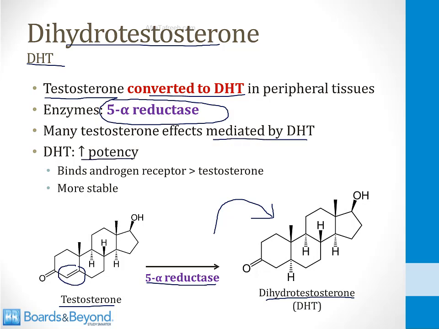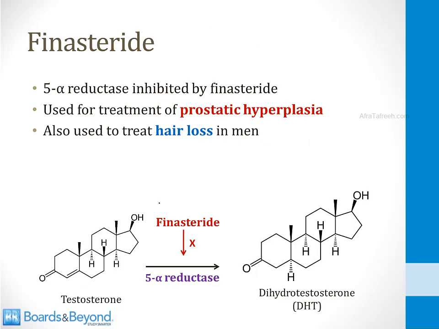DHT has a higher potency for androgen receptors than testosterone. It binds the androgen receptor more strongly than testosterone. It also forms a more stable structure than testosterone. There is a drug called finasteride which inhibits the enzyme 5-alpha reductase. This will decrease the conversion of testosterone to DHT, and this is used in the treatment of prostatic hyperplasia, which